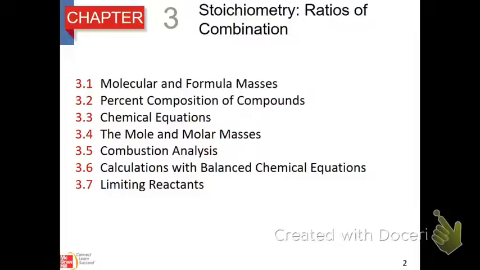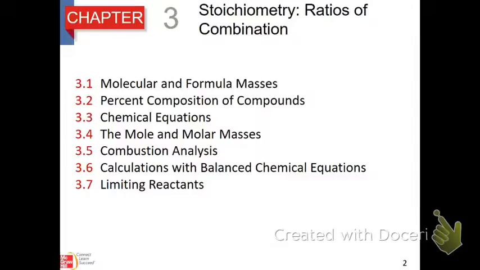Then we're going to go into equations and how we can use stoichiometry in chemical equations, and we're going to learn what a mole is and how it's used in chemistry, and molar masses. And then we're going to talk about combustion reactions and calculations that use the balanced chemical equations to go with it, which means we're going to learn how to balance equations, and then we're going to learn what a limiting reactant is. So these are the topics. There's a lot of math in this chapter. This is probably the most intensely math-heavy chapter that we'll cover. All right, we're going to start with